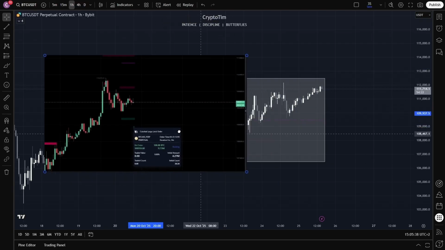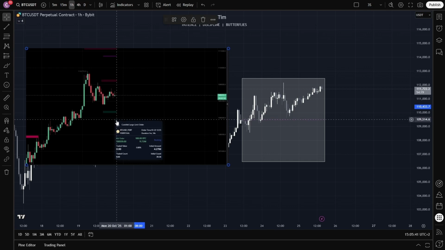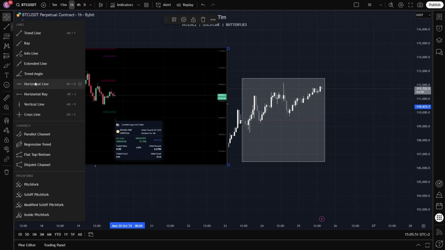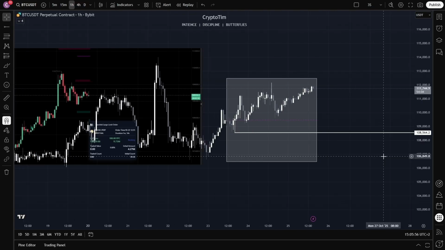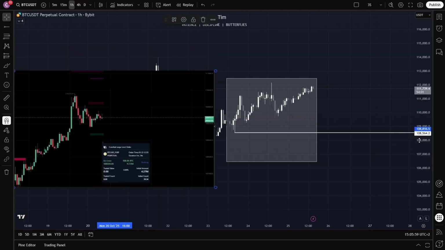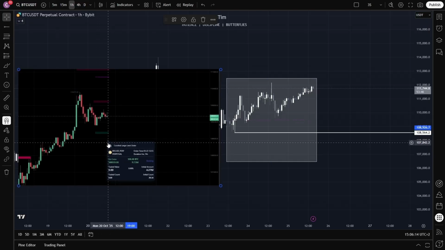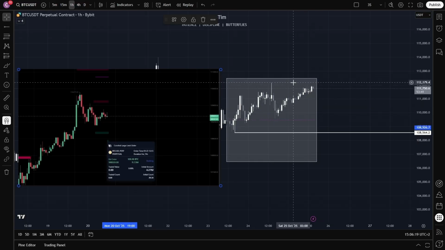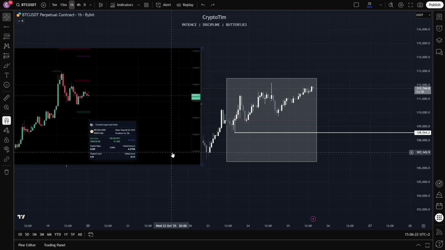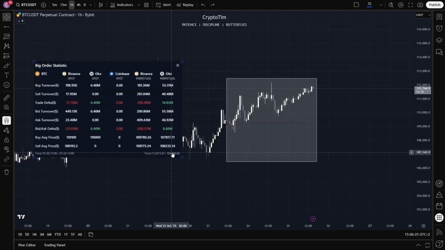Now, if you remember, we saw this order here at 108,559. So if we see what's happened with our Bitcoin price, it went to 108,564.2, so $5 away from this order. You can see price move down to the order to then continue its move up to the top side of the range. As you remember, if we go back,